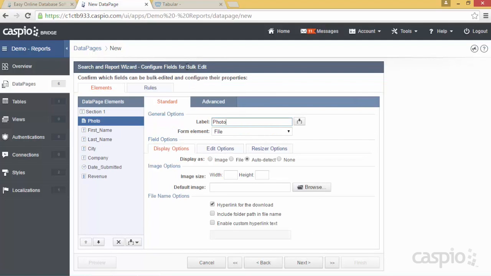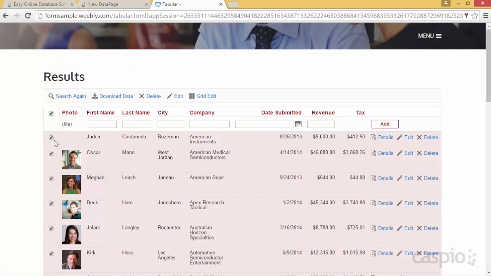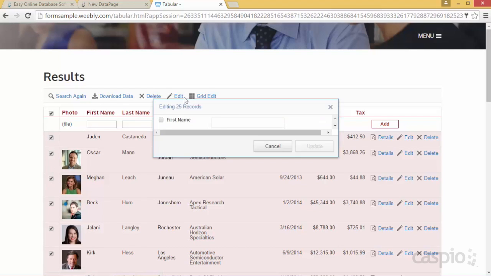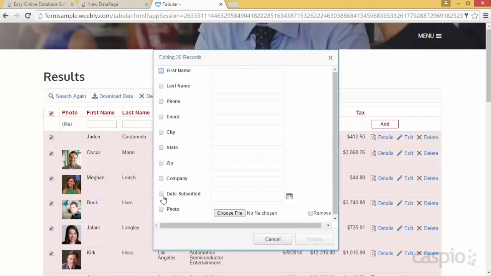So this is the bulk edit screen, and you can also make adjustments here as well. In this case, if I select multiple records and click on edit, here is the bulk screen. Here you have the ability to turn a text field into a completely different type of form element. So for example, if you wanted the state field to be a drop-down,